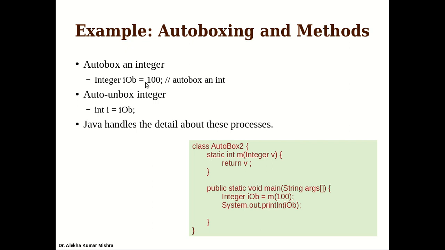So 100 is stored as a value of this object. That's why you are boxing it. You are boxing the 100 into an object, and that's why the term auto boxing comes. Then auto unboxing means we have an object of the wrapper class, or wrapper type, and it is converted into a primitive type. So in int i, it's a primitive type. This conversion from primitive type to wrapper type and vice versa, both boxing and unboxing cases, are handled by Java automatically. Java takes care of this process, so you as a user need not be worried about that.